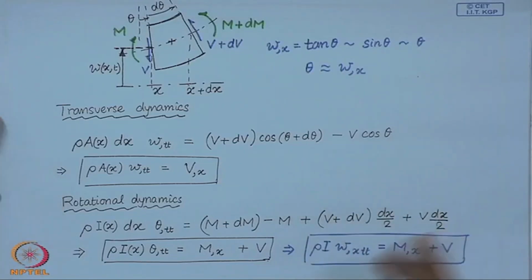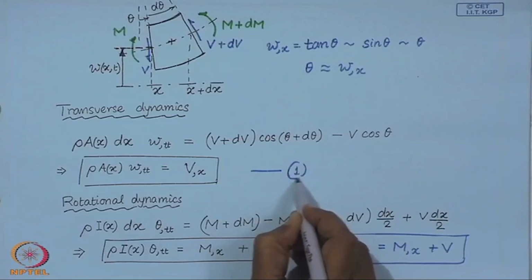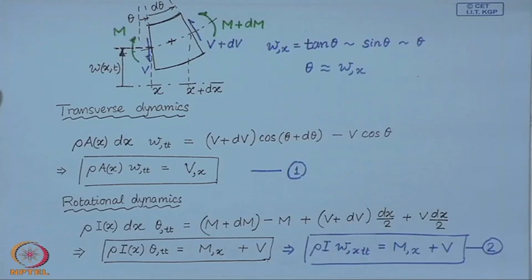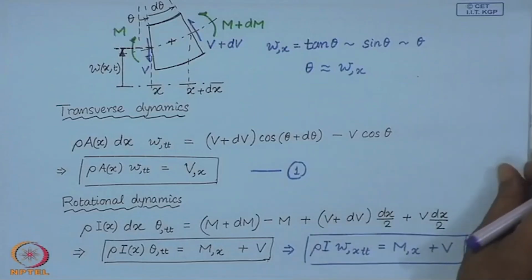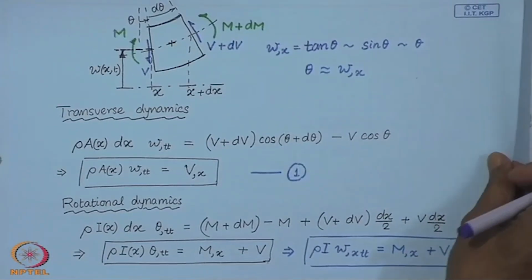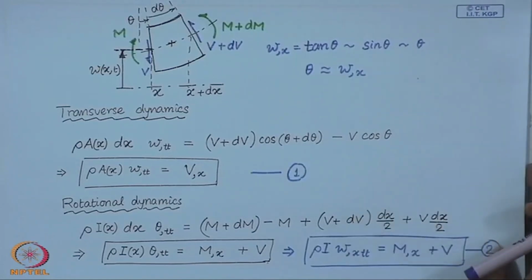Now, you see in these two equations, the bending moment M we have represented in terms of the stress, which was calculated in terms of strain, which was calculated in terms of the deflection of the neutral axis or of our field variable w. Now, this V, which is the shear force, is determined from these equations of equilibrium, because this element is not shearing. So, this has to be determined from the equations of equilibrium, and that is what we have in these two equations. So, we will eliminate this shear force between these two equations, and if we do that,